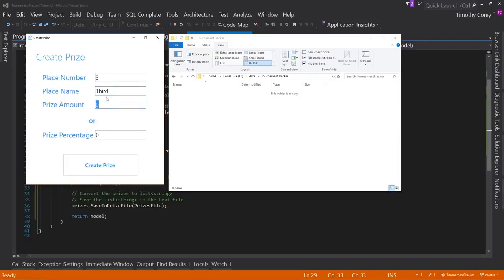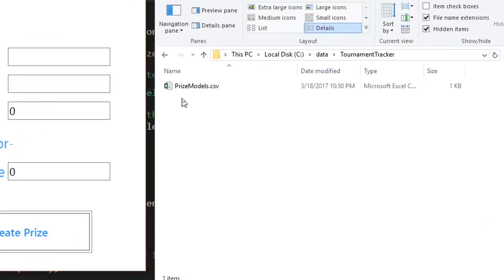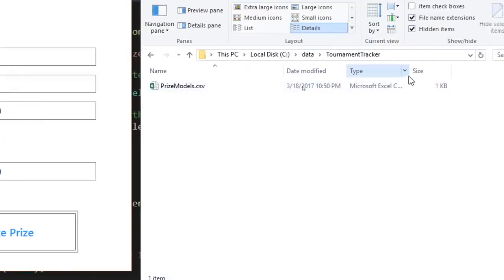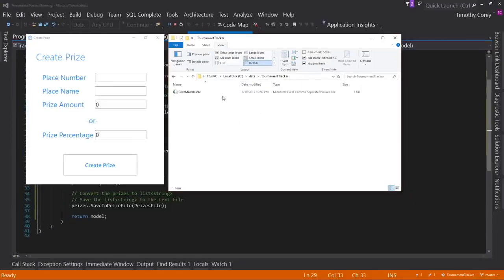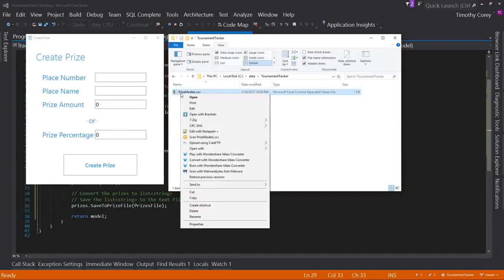And the prize amount for this we'll say is 25. We're going to create prize. And look at that. We have a file over here. And if you notice on my system, it says, hey, that's a Microsoft Excel file. It's actually a Microsoft Excel comma separated values file. Well, sure it is, but I'm actually going to open this